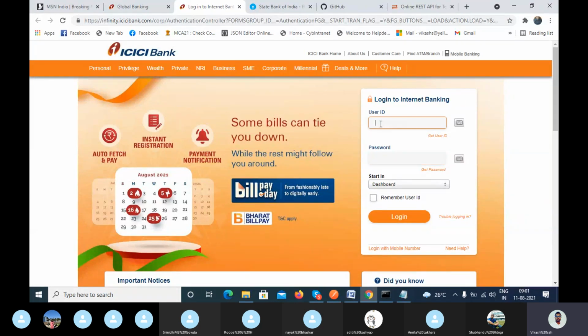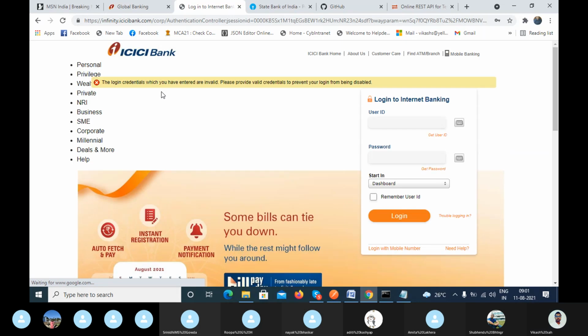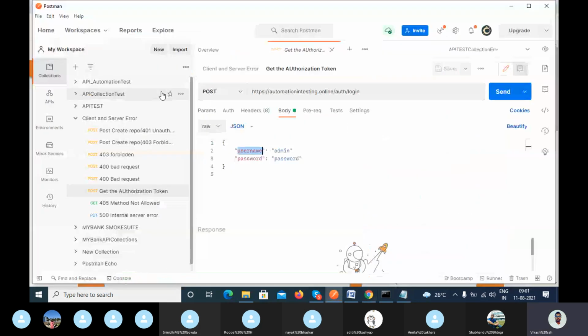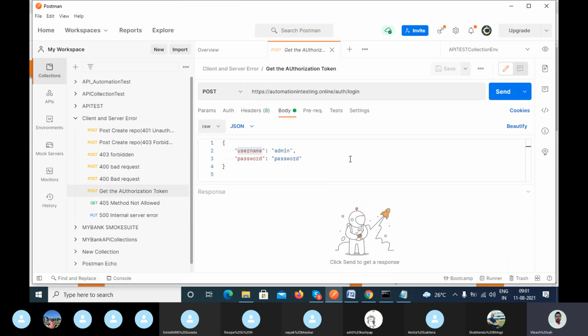So when you enter the user ID and the password and click on login, in the backend it calls this particular application. This request is called.